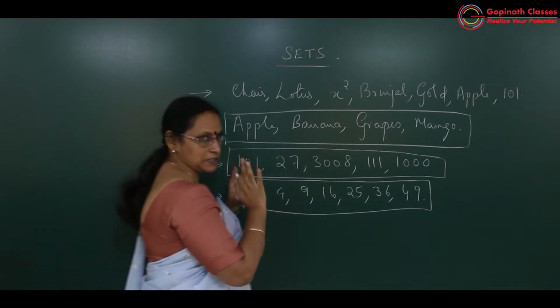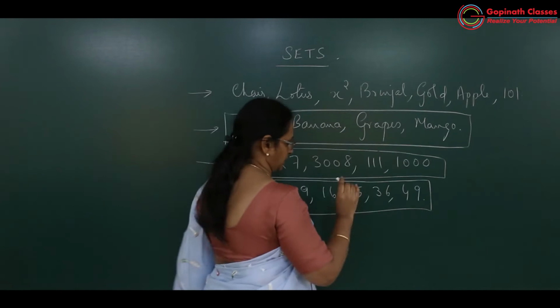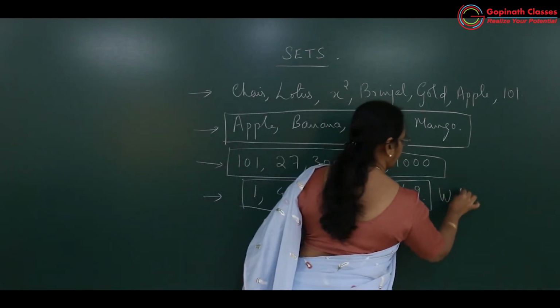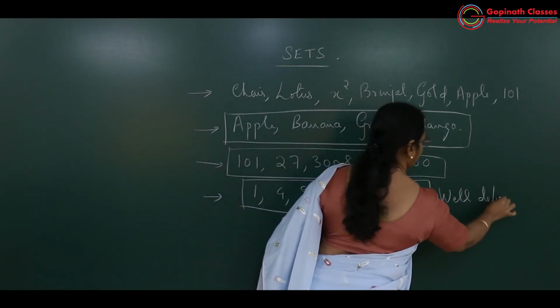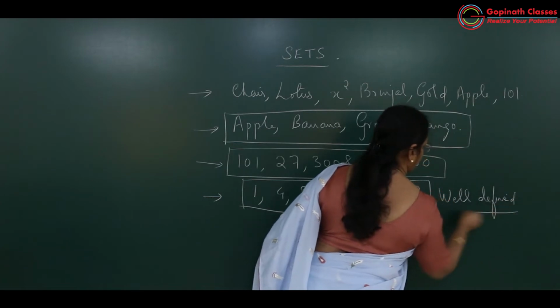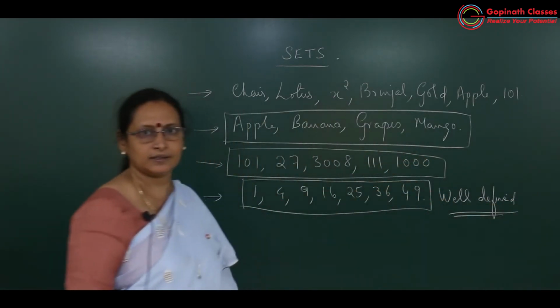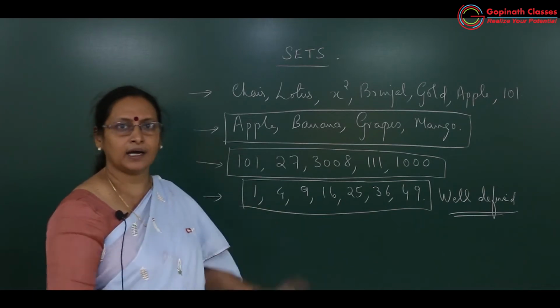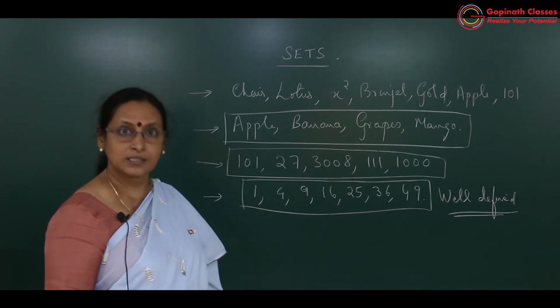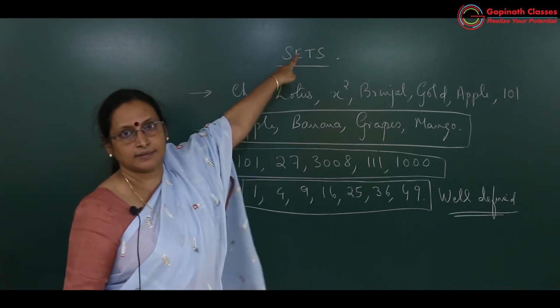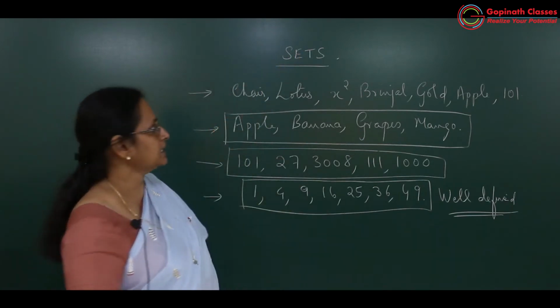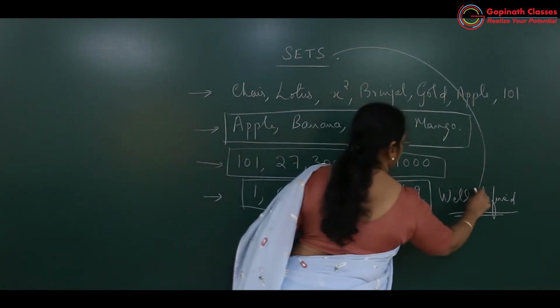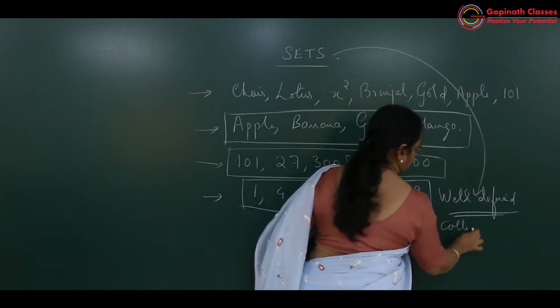So what is the speciality? Apart from the first one, they are well defined, clearly defined. A well defined collection of objects or elements is known as a set. So, a set is nothing but a well defined collection of